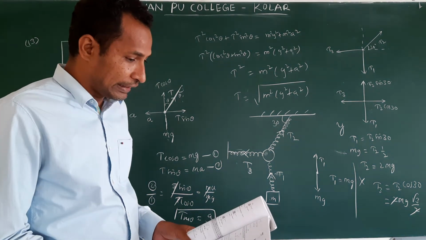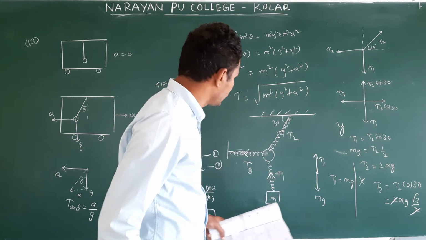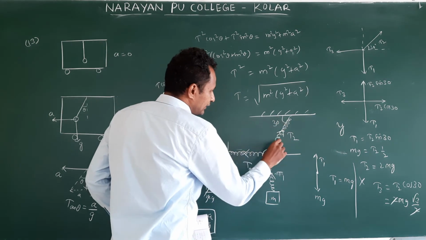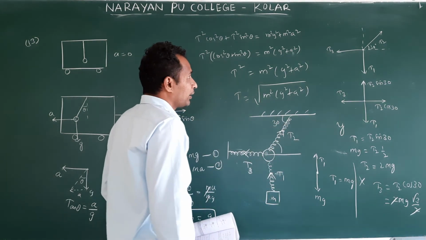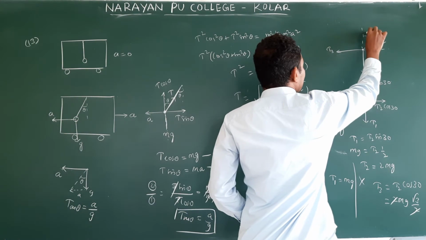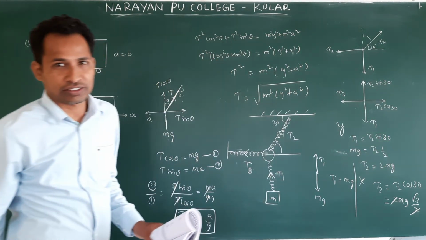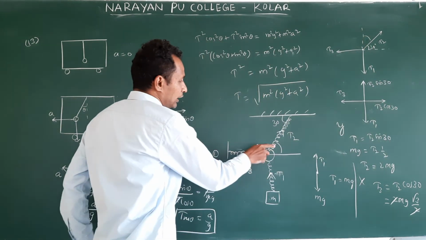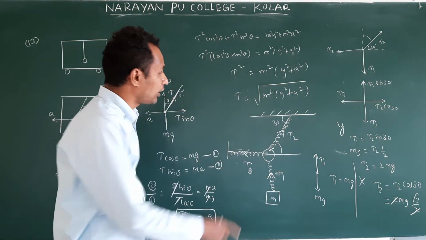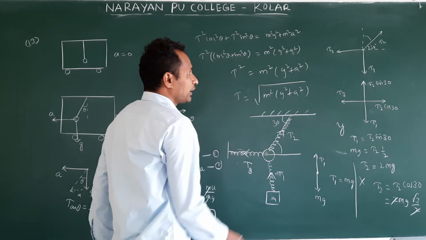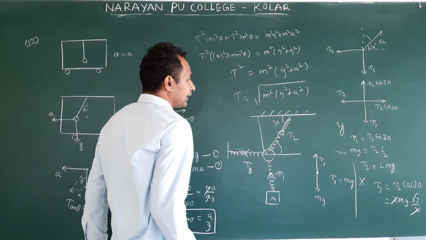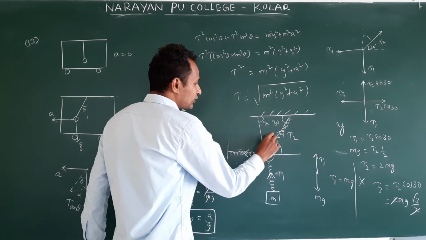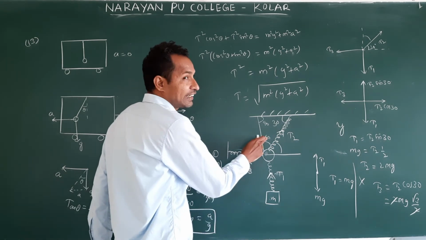Okay, in the book they take an angle with the vertical. See, if you draw a line here, this angle remains the same. Am I correct or not? But in the book they take the angle here as 30 degree, so that's why they got different answers. Taking the y-axis at 30 degree is wrong. We have to take it with the x-axis only, according to the figure. It can never be 30 here. If this is already 30 and this is 90, what would this be? 60. Instead of 60, they take 30.